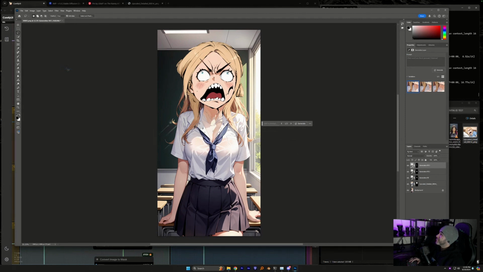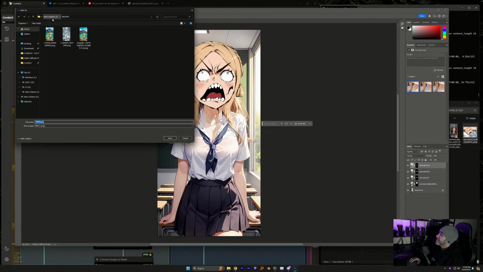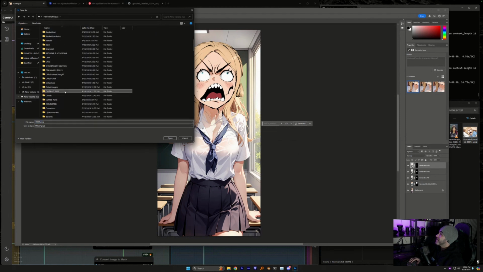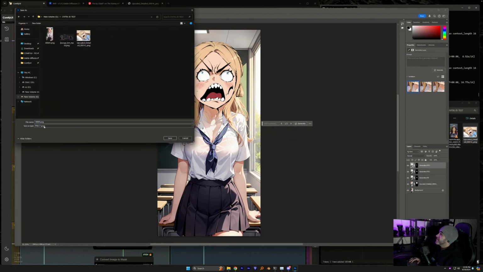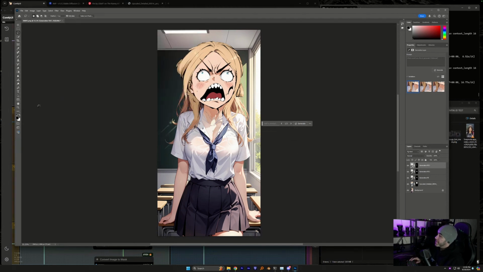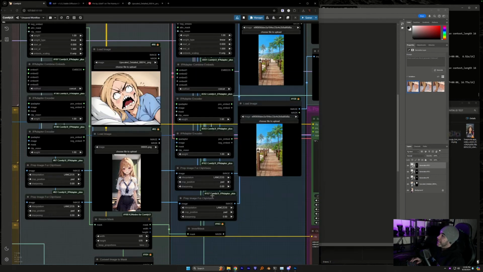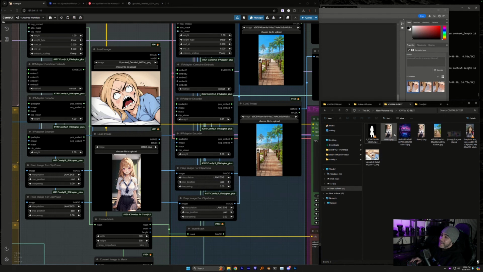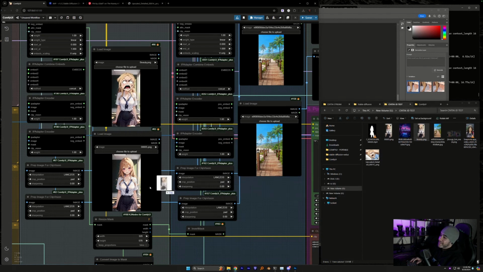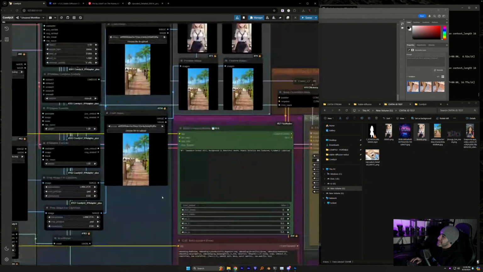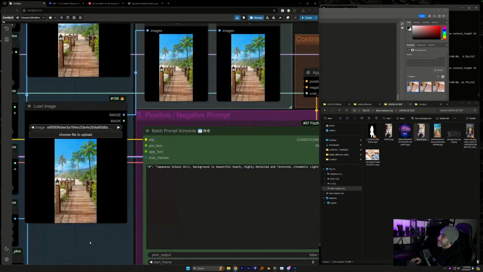Let's export her real quick. Civitai, boom, and we always have to name our files. We'll call this beauty.png, and that's what we're going to use in here, and we're gonna see if it can get her face like that.